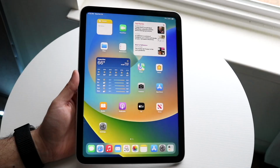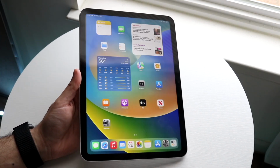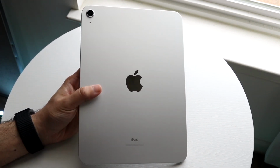Well, everyone, it's time for us to go ahead and take a look at the iPad mini 6 and compare it against the latest generation iPad 10th generation and see which specific one is the better one for you. Now, there are tons of overlap and a lot of similarity between these two for sure, but